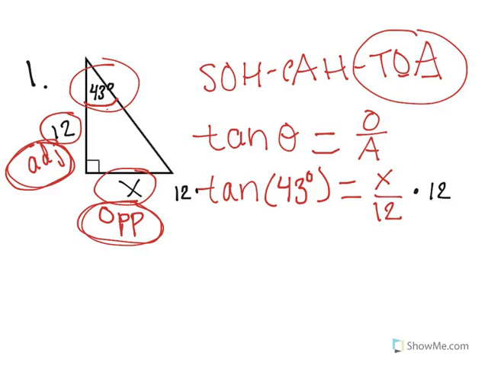When I multiply this right side by 12, those 12s cancel. So I get x equals, I'm going to bring down this left side, 12 times tangent of